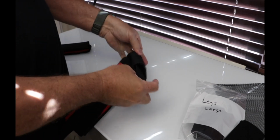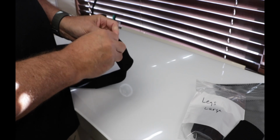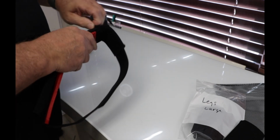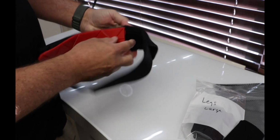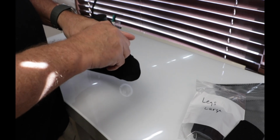and then this piece basically comes up like this, okay, and you're going to bring it all the way up and over. All right. So it goes over and under. So notice it's covering here, the little metal piece, and it's covering the outsides here. Now, if you need to,